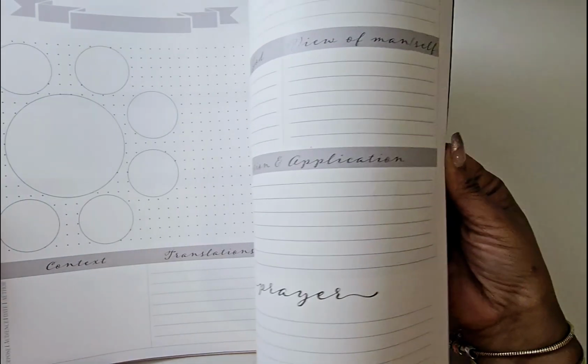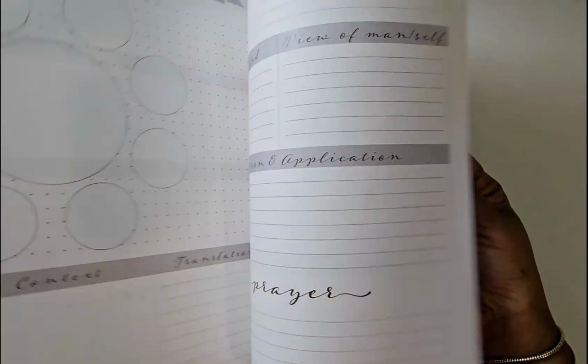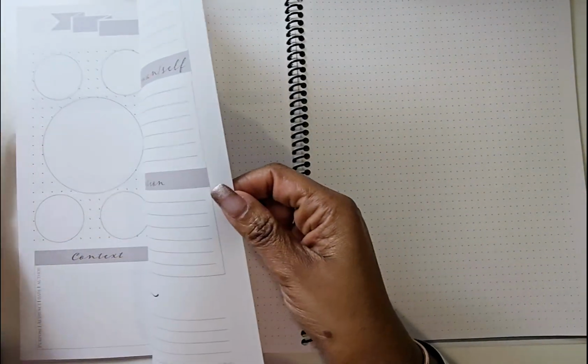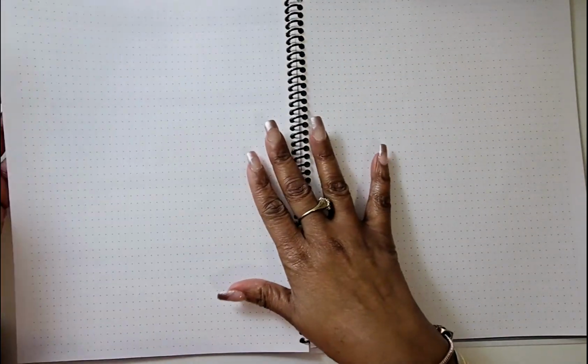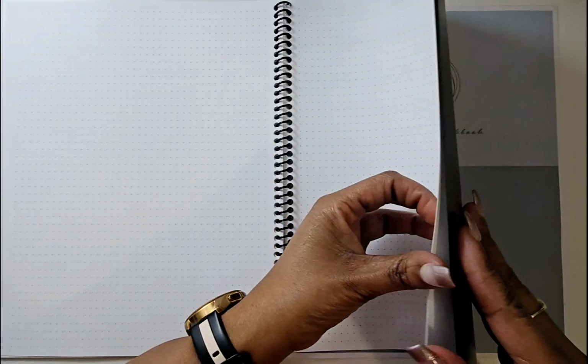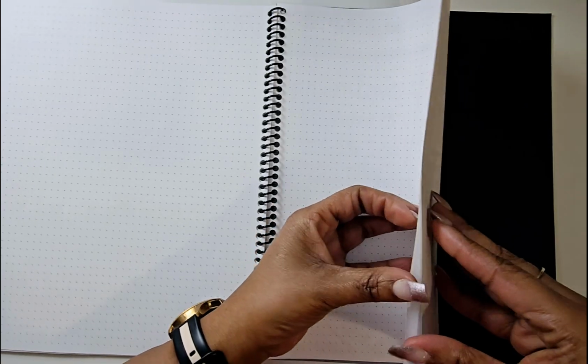Yeah, so I have all these sheets here, and because I got the printable, I can download more of the pages and add them. And then in the back it has a couple of dot grid pages, and I think this, what's this size? I don't remember. This is larger than A5. Okay. So yeah, and then it gives you